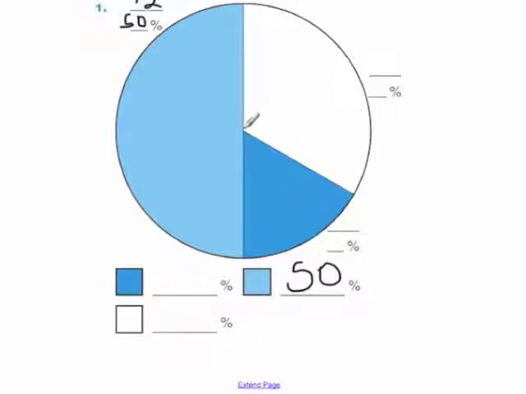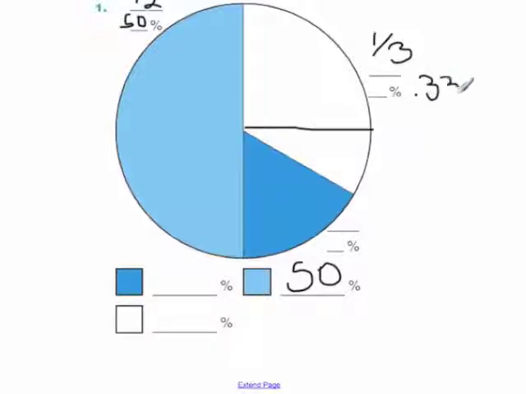If I'm thinking about it, I know that this is going to be 1/4, so I know that this piece is going to be bigger than 1/4, and this piece down here is going to be less than 1/4. So I'm just going to make a guess here. If I was talking percentages, I'm going to probably say this is about 1/3. If you look on your desk template, it'll help you figure out what percentage that is, or you might have it memorized. I'm going to write mine out here. Should be